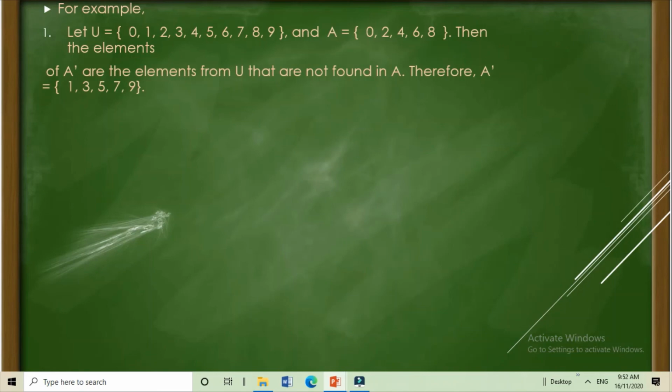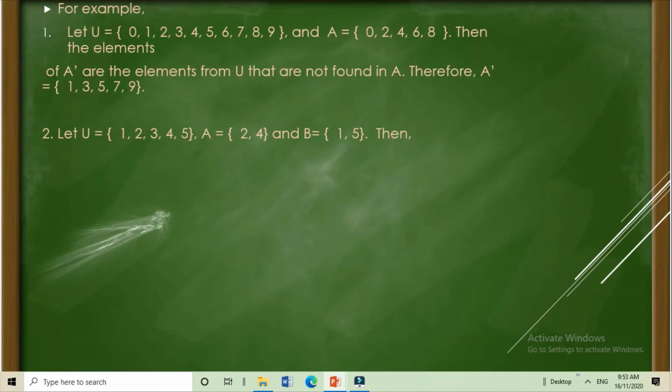So unang-una, 0 nandun siya sa set A. Ang 1 wala siya sa set A, therefore yun, sagot yun. And ang 2 nandun sa set A, 3 wala, 4 nandun, 5 wala, 6 nandun, 7 wala, 8 nandun sa set A, 9 wala. Therefore, ang mga elements na wala sa set A na nandun sa universal set U is 1, 3, 5, 7, 9.